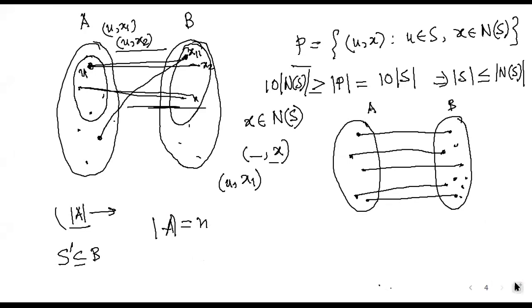Ma'am, as far as I know, there is a matching which saturates A. That means that the matching should contain all the elements of A. Yeah, so the matching contains all the elements of A, right? But it said size of A, right? So if there is a matching which contains all elements of A, what is the size of A? It must be less than 2n by 2, because